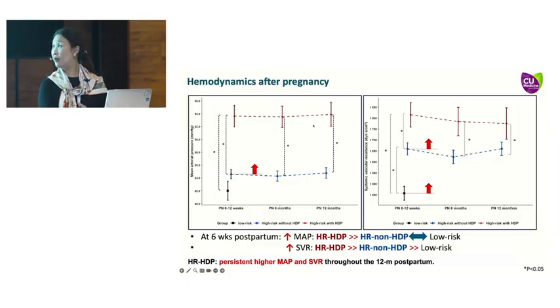Can you see that for those having had a hypertensive complication in pregnancy, throughout the postnatal period, up to 1 year, the blood pressure doesn't normalize? And for me, that is something we mustn't ignore, because at 6 weeks, I'm sure you would discharge the patient to the community and say, off you go, even though you don't need antihypertensive treatment. Yes, this is not at the level that the woman needs antihypertensive treatment, but I'm actually quite shocked to learn that,